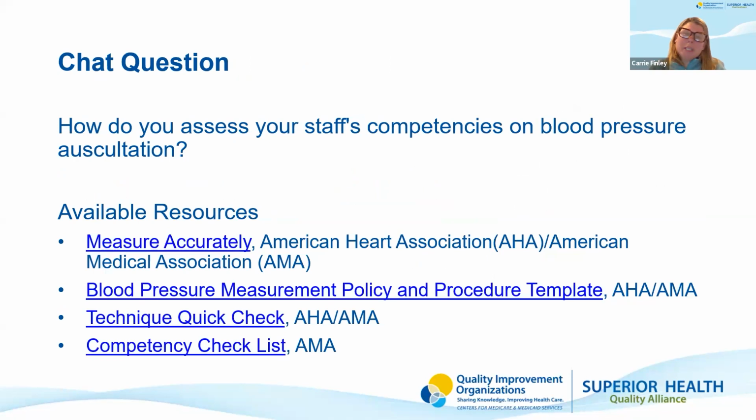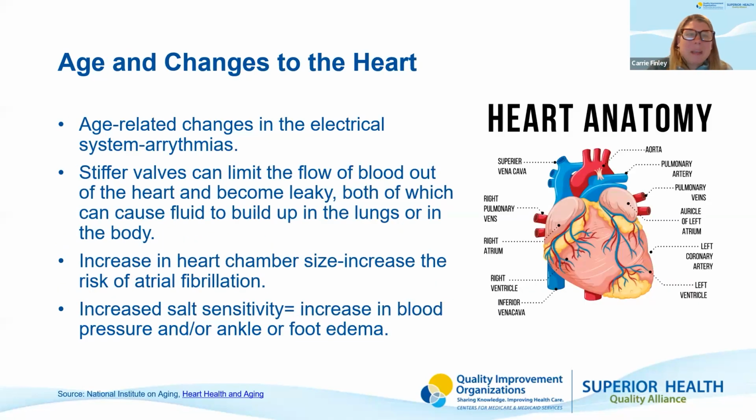I guess I would be remiss, we can go back one. I'd be remiss, if I'm mentioning arteries, I should also mention the heart. In addition to arteries stiffening and thickening, age can also cause a similar impact to the heart. So we have age-related specific changes to our electrical system. This can lead to arrhythmias, which is a rapid, slow, or irregular heartbeat. Our heart valves, which are the one-way door-like parts of the heart that open and close to control blood flow,